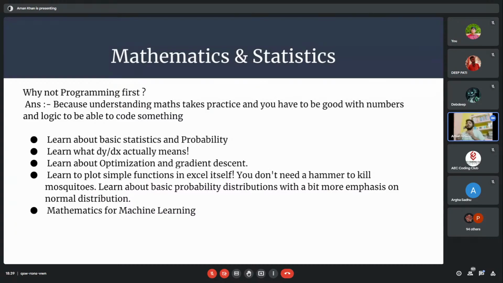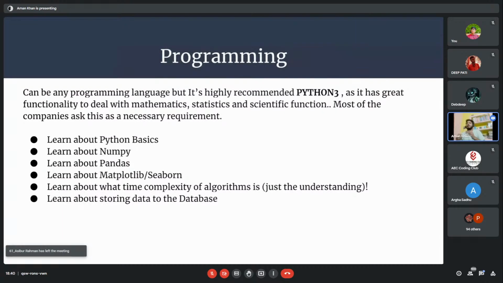और आपको बहुत ज्यादा पढ़ने की जरूरत नहीं है। मैंने यहाँ पे लिखा है स्टैटिस्टिक्स, प्रोबेबिलिटी इंपॉर्टेंट है। dy बाई dx, इंटीग्रेशन, डिफरेंशिएशन थोड़ा बहुत पढ़ना पड़ेगा। ऑप्टिमाइजेशन एंड ग्रेडियंट डिसेंट के बारे में थोड़ा बहुत पढ़ना पड़ेगा। प्रोबेबिलिटी और स्टैटिस्टिक्स डेटा साइंस का बहुत इंपॉर्टेंट पार्ट है, क्योंकि ये डेटा विजुअलाइजेशन में बहुत काम आता है। डेटा विजुअलाइजेशन पर मैं आता हूँ।